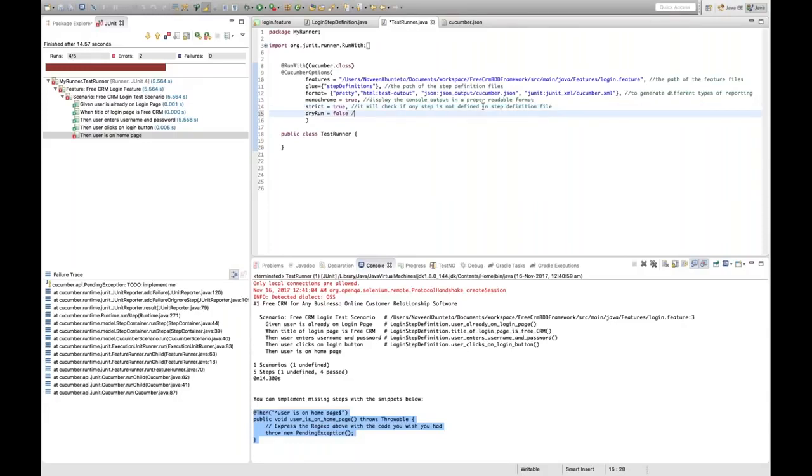And what do you mean by dry run? Dry run, as I've already told you, is to check that the mapping is proper between the feature file and the step definition file. The mapping is not missed. Okay,